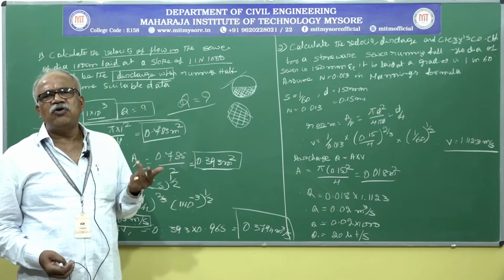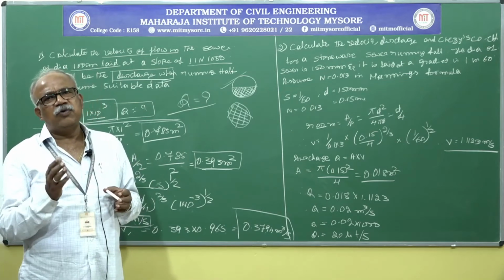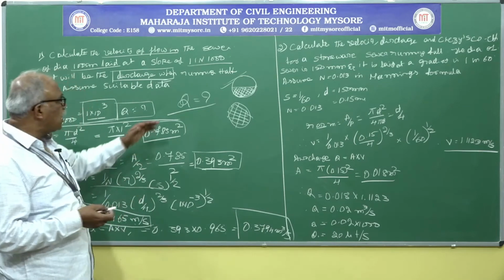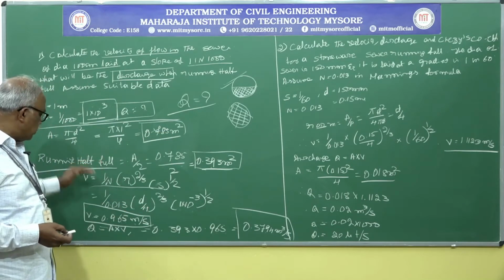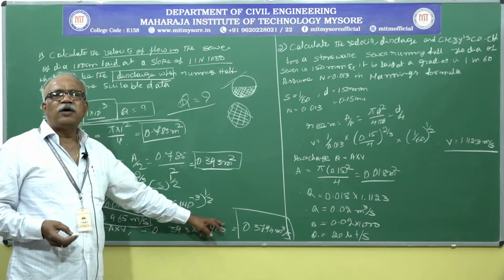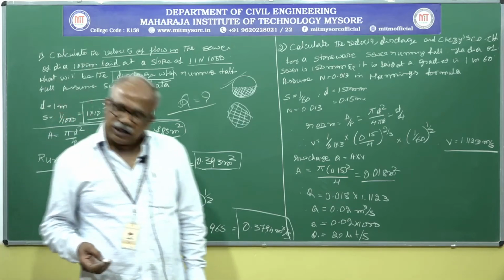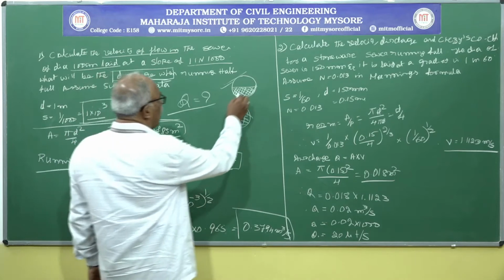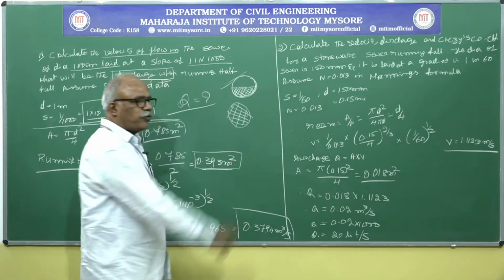So automatically you can calculate the discharge. Q is equal to A into V. Very simple equation. Q is equal to A into V, A means area, V is equal to velocity. So already we calculated the area and, using Manning's equation, we can calculate the velocity. You can multiply both the values, and finally we can get the discharge. So this is one problem, in which only half full is flowing.